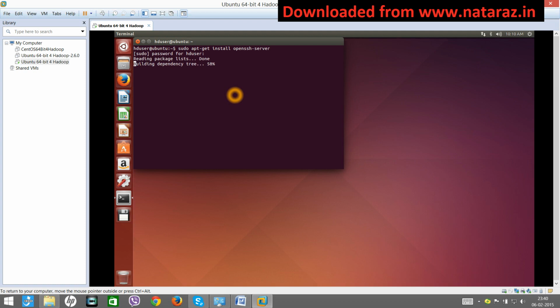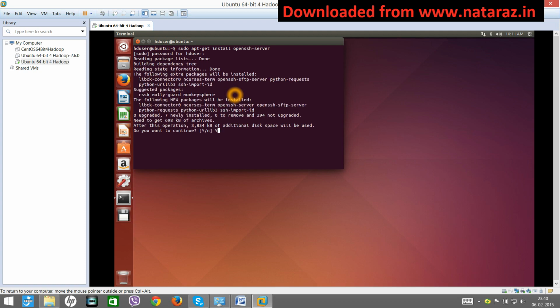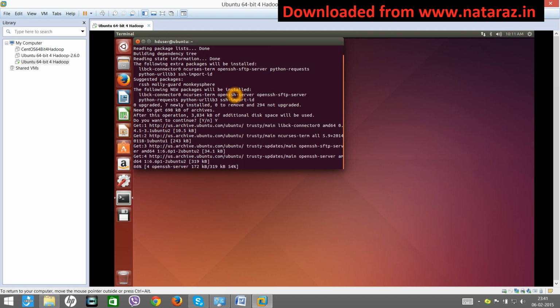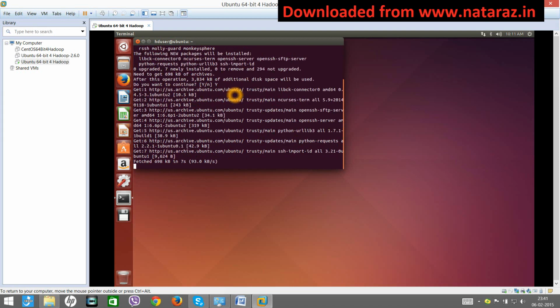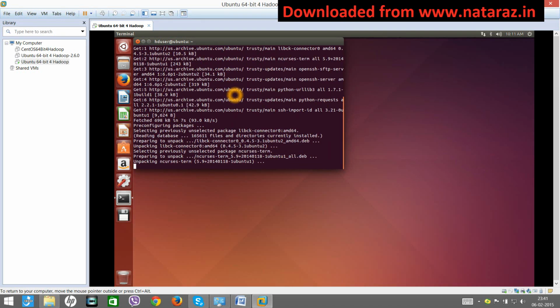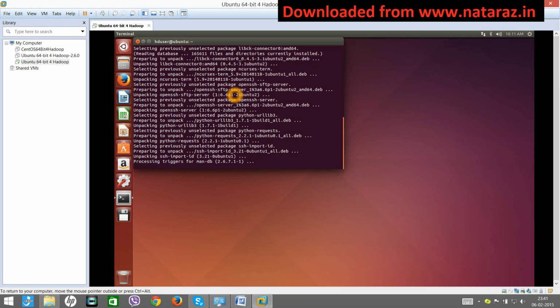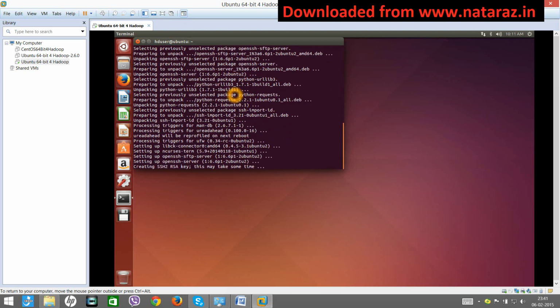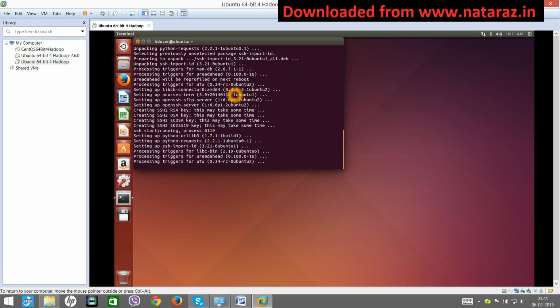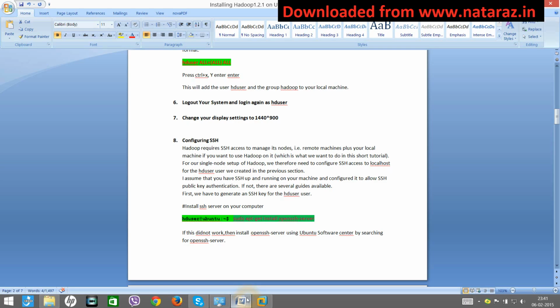Hadoop. Yes. Alright, the SSH has been installed successfully.